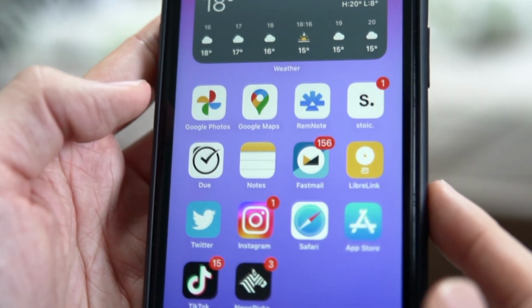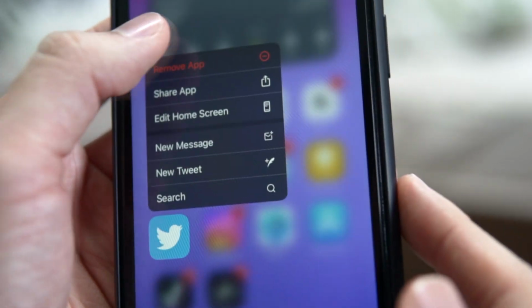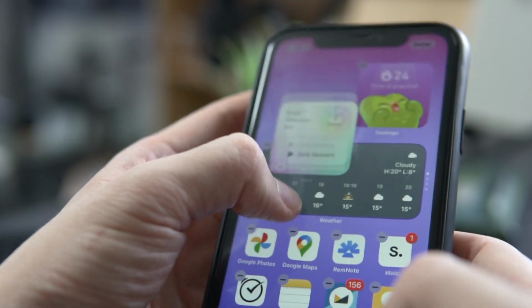I got rid of Spotify, Notion, Twitter, Instagram, and a few more, and added some widgets because they are useful